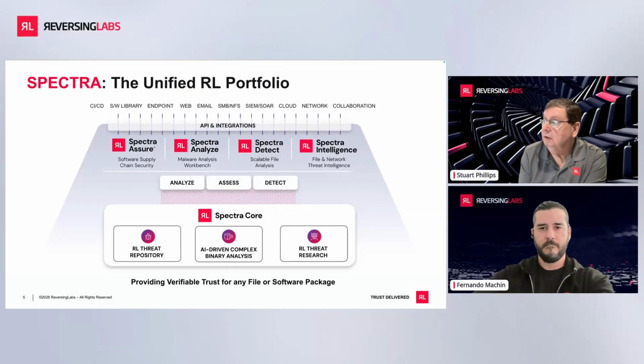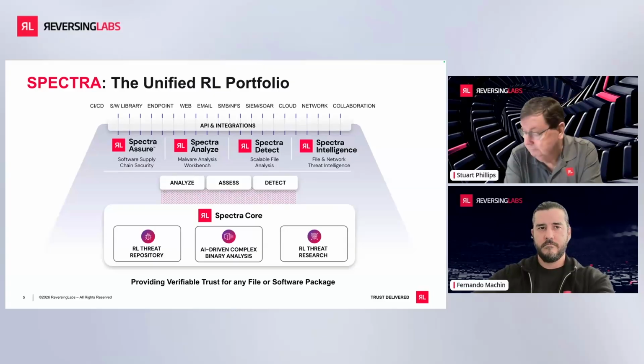And again, working with our APIs and integrations, working with people like Splunk and Palo Alto and Microsoft Sentinel. MISP is one of our new integrations. And so, again, being able to tie these together. And the one thing that's a little different about ReversingLabs is we're very focused. This is what we do. We don't do a lot of other things. We're very focused on malware analysis, software supply chain, and again, building on our base engine, which we've been building since 2009.